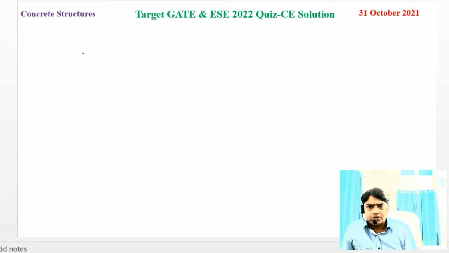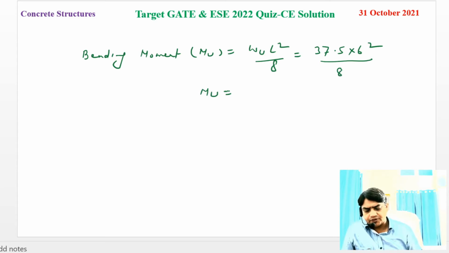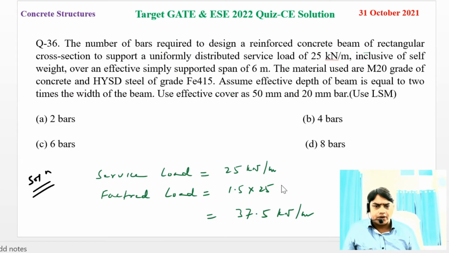So bending moment Mu is W into L square by 8. So 37.5 into 6 square divided by 8. So Mu is 37.5 into 36 divided by 8. So this value is 168.75 kilonewton meter. We have to compute the number of bars